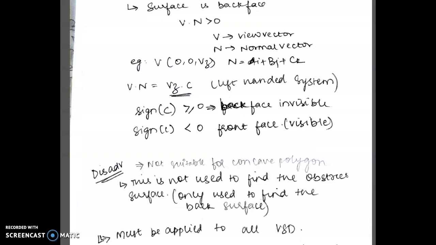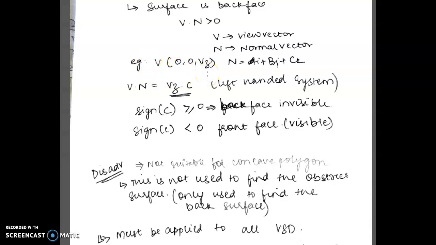Another test is, suppose we take V as the view vector and N as the normal vector of the plane, and we do the dot product. If it is greater than 0, then it is a back face, so it must be invisible. Okay, let us take an example. Let the V vector be (0, 0, Vz).